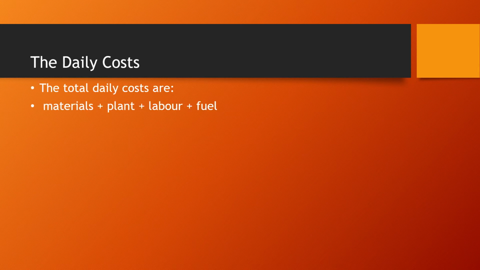So now what we're going to do, we have to look at the total daily cost of material, of plant, of labor, of fuel. Material plus plant plus labor plus fuel. So we had our material was 9,860. Our plant was 2,400. The labor component was 1,885, and the fuel component was 272. When you add these four together, you get a total of 14,417 rand. So what is this figure? This is the total daily cost